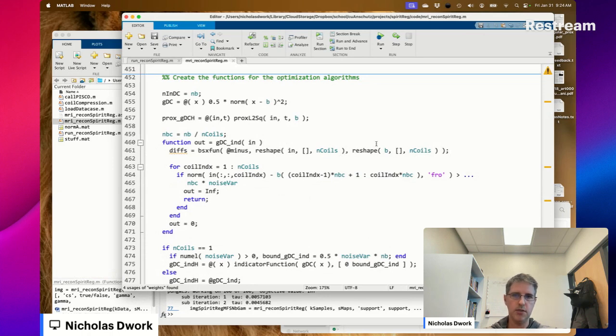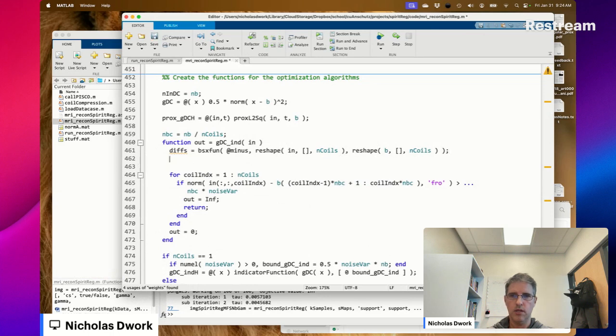Okay, so now this is a two-dimensional array by the number of sample points collected by the number of coils. If LP norms diffs to, we're going to take MFX.